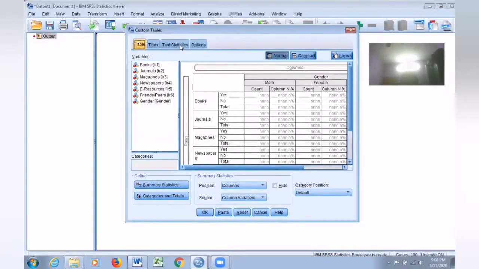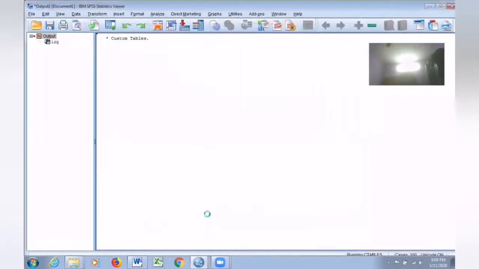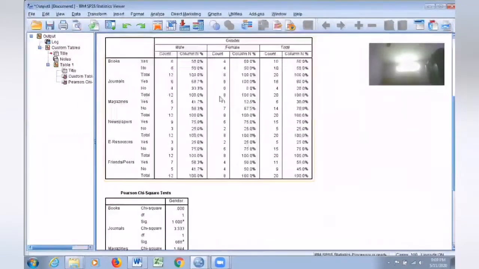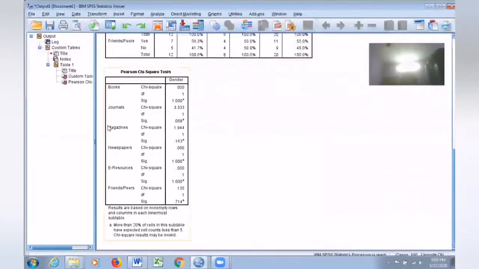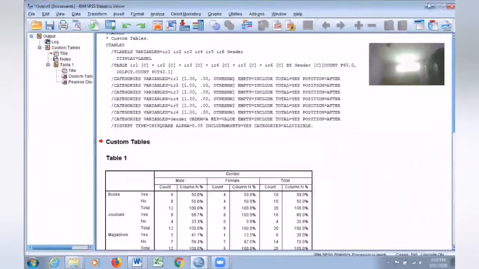So here, test statistics, you can go here and select test of independence, chi-square you can select, you can say OK, you can see the result. The descriptive statistics, just below that, you can see the result of chi-square. So this way, custom tables can be created very easily in SPSS.